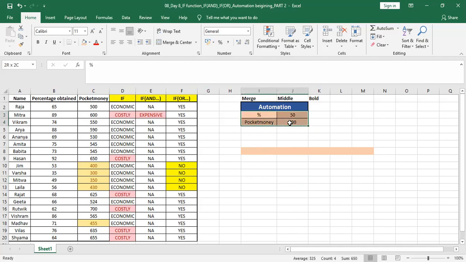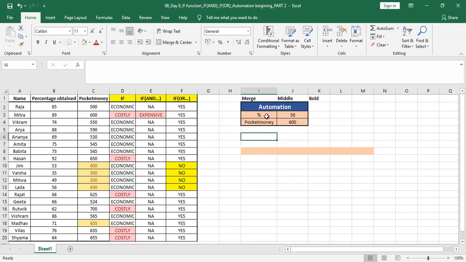If I want all the numbers on the left, there is the Align Left button. If I want them on the right, I can just press Align Right in the same region. Right now I want them in the middle, so I'm pressing it.